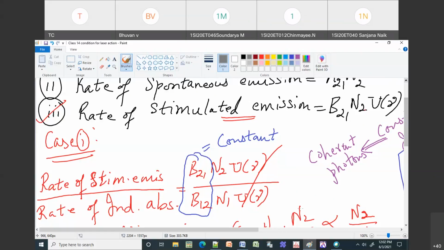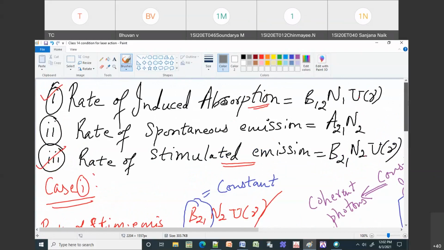Okay. So is it clear, this concept? This is very simple. It is just simple, but the only thing is you need to know why we are doing it. So this was your first case. Now we will go to the second case.